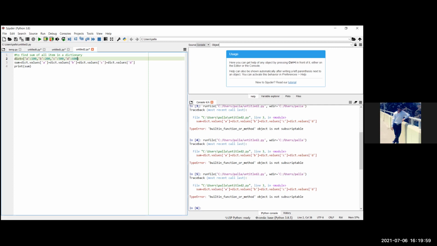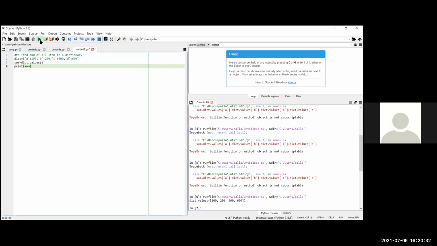So now let us help Pallavi resolve this. Shubham, Nishu. Actually, if Pallavi writes simply dict dot values, then there is no need to write all the lines. We can simply write the dict and then dict dot values, and then also the parenthesis. Here the values are showing, but the sum is not happening.